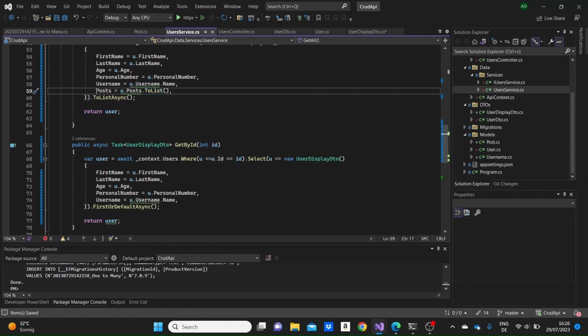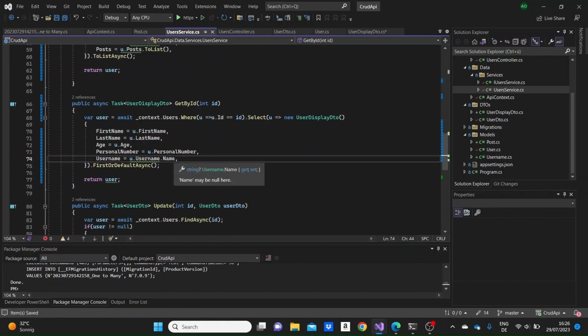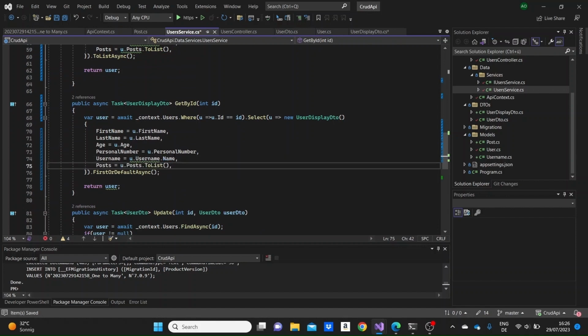Okay, so we can do the same thing here when we get only one user. It's a similar process, just getting the posts of that one user. So it should be pretty much fine. Now with the methods,